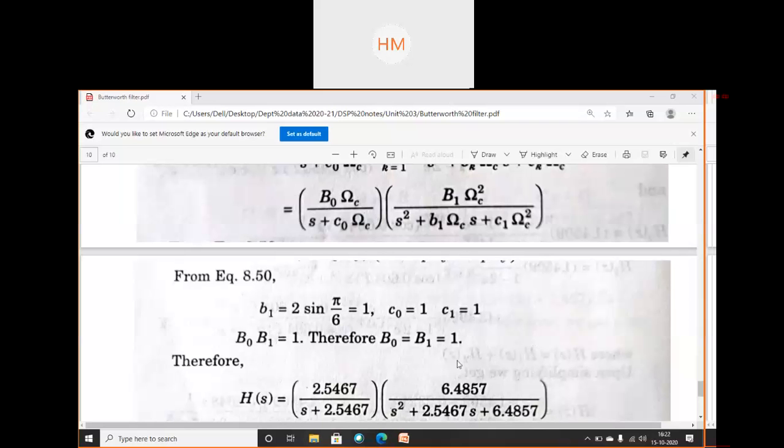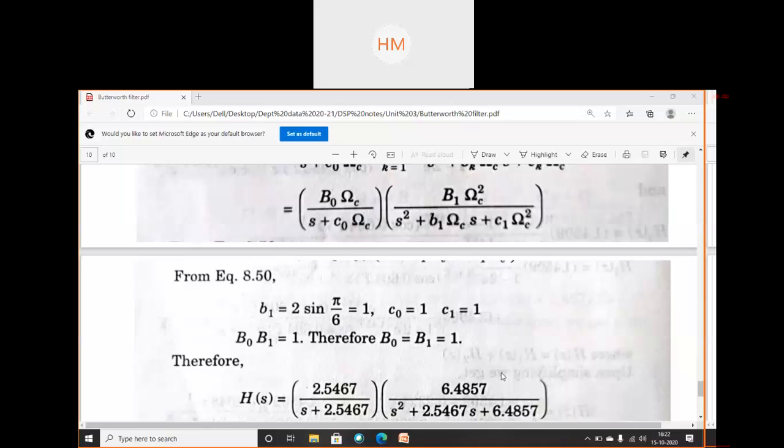So next step, here we have terms in s and s square, so it's of third order degree. Why? Because the order of the filter is 3, capital N is 3. Now this is in the S domain. We have designed the filter in the analog domain, and now we will convert it into the digital domain. So S will be converted in terms of Z. H of Z is to be found in terms of H of S, so S will be replaced by Z.